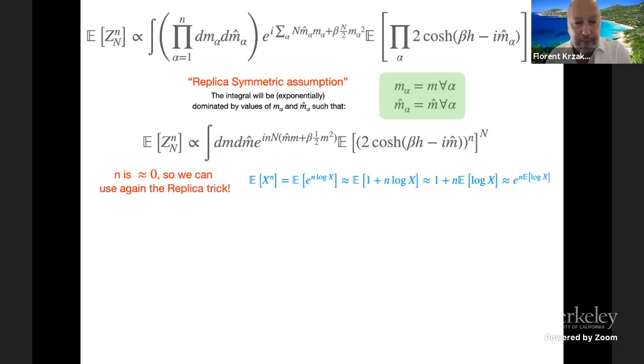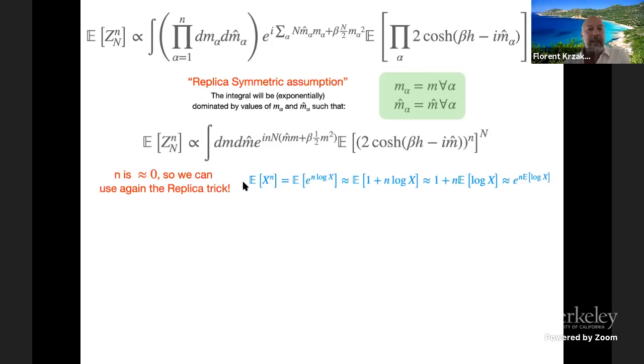All right, that's another step, which is very interesting, and I know that people reading the physics-style computation for the first time are lost here because they don't say it, so I will say it, so it is clear for everyone. At this point, what physicists do is to use, again, the replica trick inside the replica, right? Let's call this x. We have something here which is the expectation of x to the power n. Now, we are going to say, fine, n is going to be close to 0. So we can use the replica again.